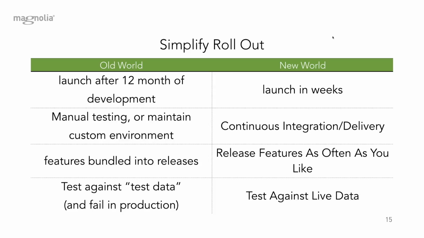So with Magnolia Now, you test against live data. That is pretty amazing in itself. You have a test environment and test against live data. And this is really how we want to make sure that through innovation, digitalization and agility, you can provide the best customer experience. We really make it simpler for you to operate Magnolia or any enterprise content management system, but we are talking about Magnolia Now here.